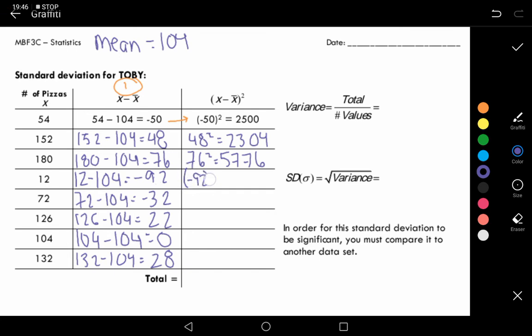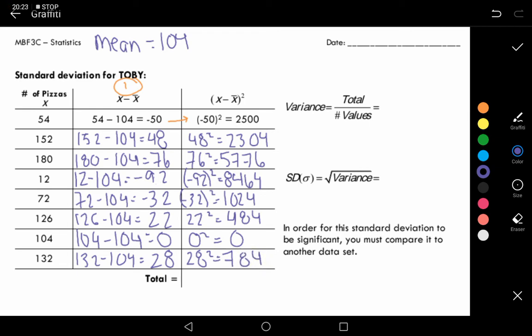-92, and again, that's in brackets because you want to make sure that it's in brackets on your calculator. Okay, if not, this might give you a negative answer, but it shouldn't, right? And the reason it shouldn't is because a negative times a negative always gives us a positive. -32 squared is 1024. 22 squared is 484. 0 squared is just 0. And 28 squared is